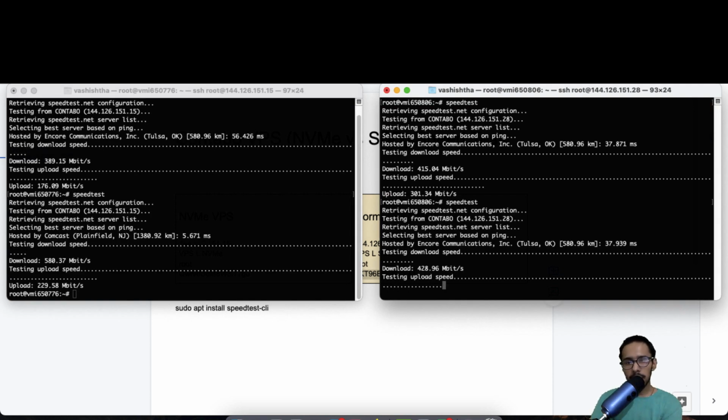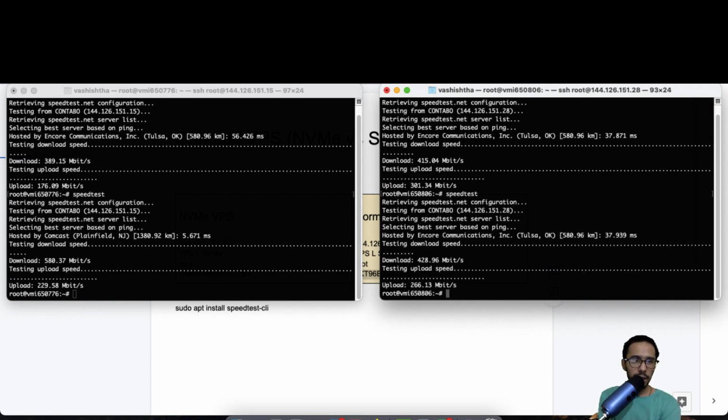So guys, as you can see, the results are right in front of our screens. Comparing both the servers, NVMe speed is much faster in the second test. In the first test, the download speed of the NVMe storage VPS was just 389 megabytes per second, while the normal SSD server was beating that speed.